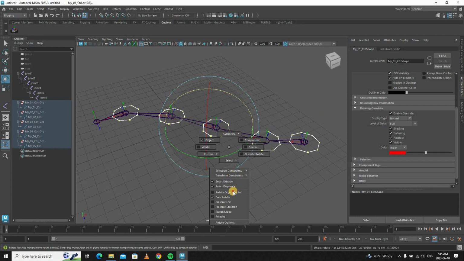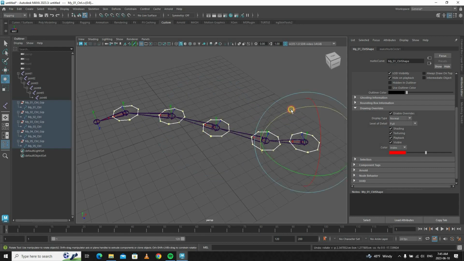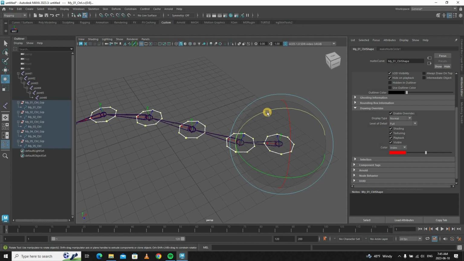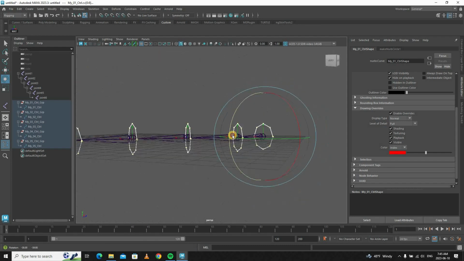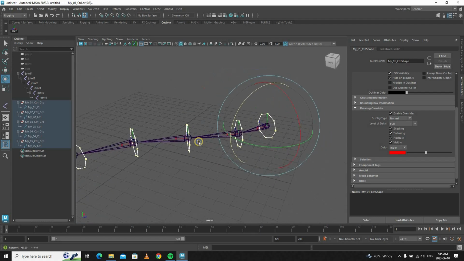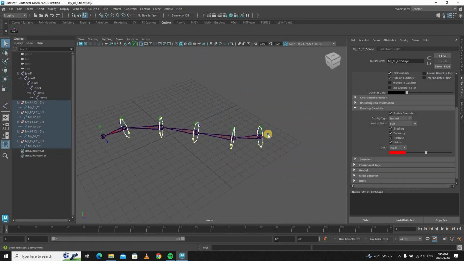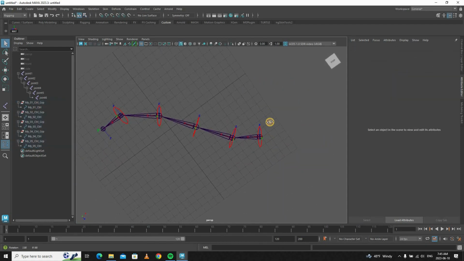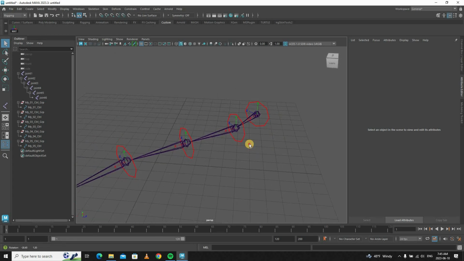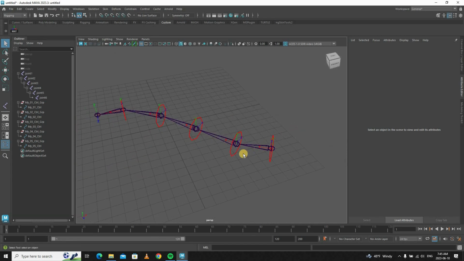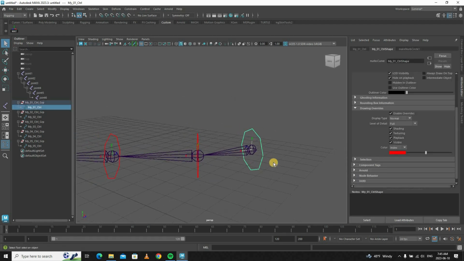Yeah, see, it has to be on, and that will rotate my controls like this. So if I hold that J and rotate them all like this, now I've got nice controllers which are aligned with my chain. All right, so that's looking great, and the orientation hasn't changed. All I did was just remodel the shape of the control. So when I'm in